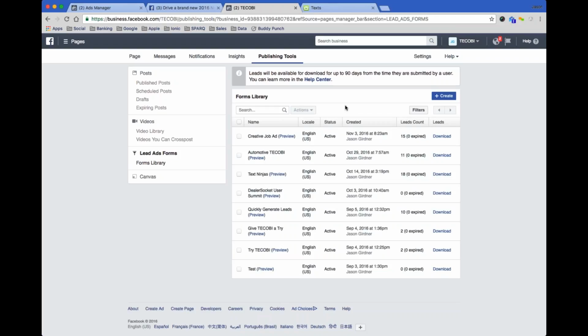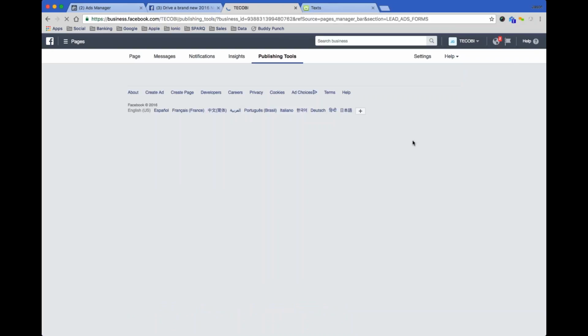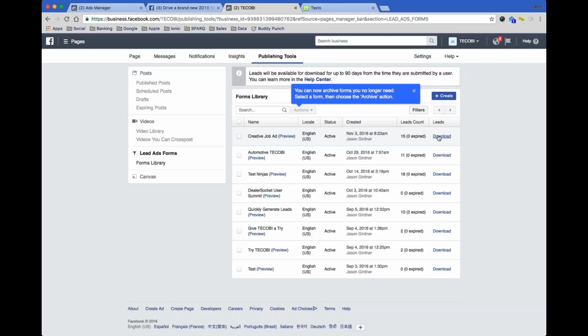This makes it near impossible to respond to these in a timely manner, which is where I recommend partnering with someone who's already integrated with their API and has a follow-up process on these. Otherwise, you'll basically be spending your whole day sitting here refreshing this page, hoping that the 15 changes to a 16, then you download the leads and you have to pull out which new lead is in there. It really is a difficult process to obtain the leads, which is why I highly recommend integrating with some type of service that is integrated into Facebook's API. That way you save yourself the step of manually retrieving those leads.